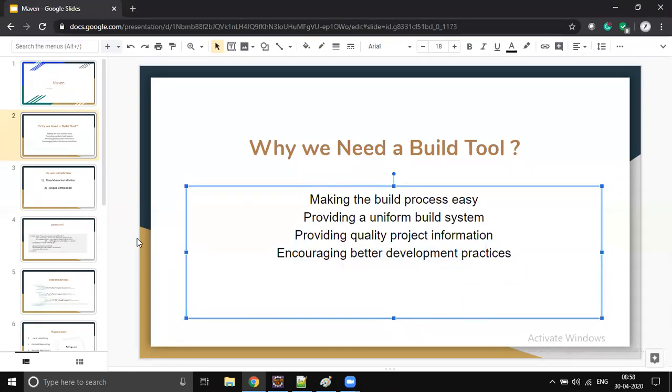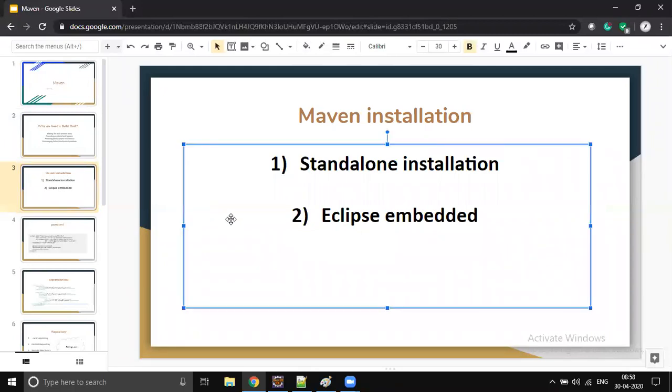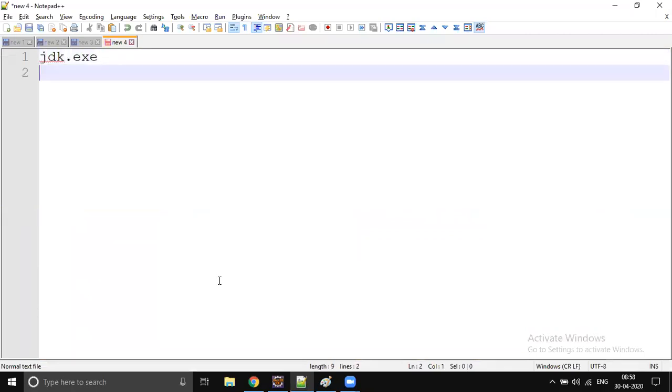With respect to Maven, it can be installed in two ways. One is a standalone installation, like how we install Java. You get a JDK executable file, depending upon the operating system you use. If you use Windows, you download an .exe file. If you use Linux, you download some .sh file.